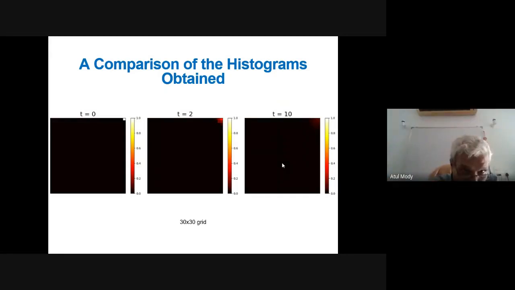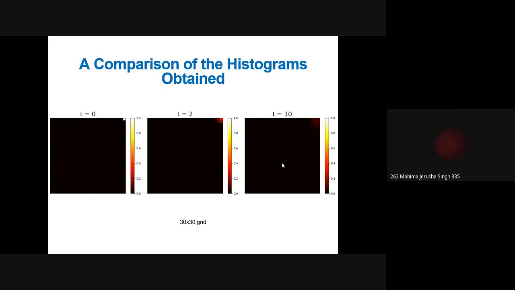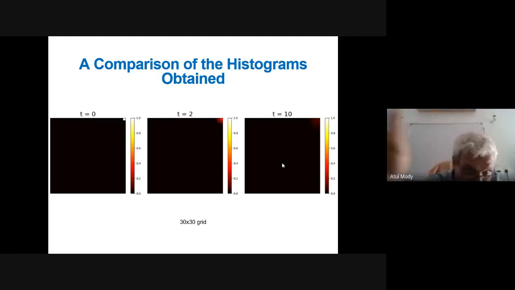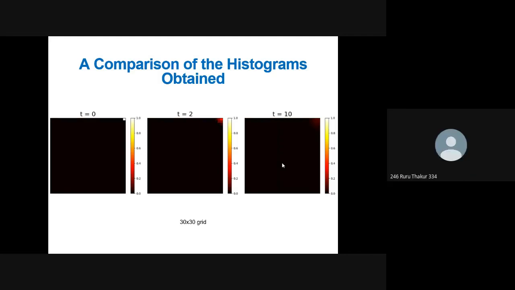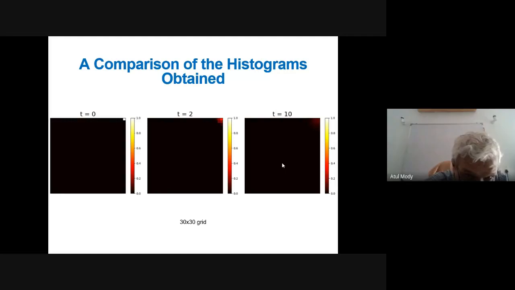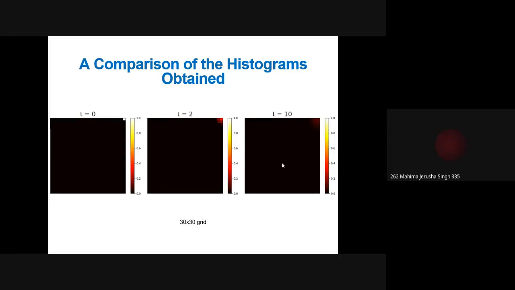Here I didn't understand. You are showing number of moves to be 0 to 10 and then a 30 by 30 grid. Is there a shading difference? No, sir. In the first one, since the number of trials is 0, the pebble remains in the initial site only. So there's a small white square. The probability to be in that square becomes 1, and the rest of the small orange squares become 0.